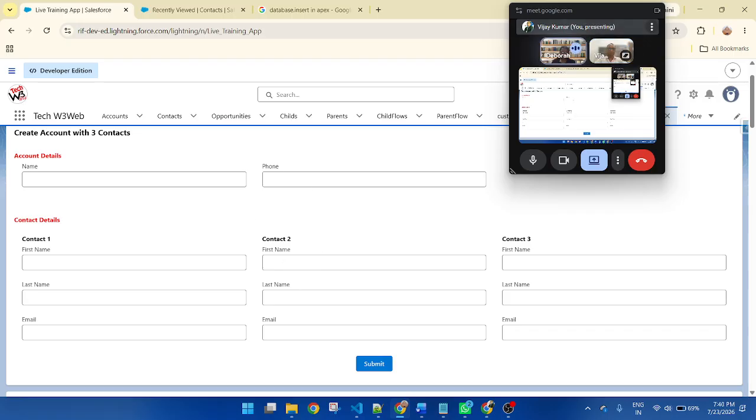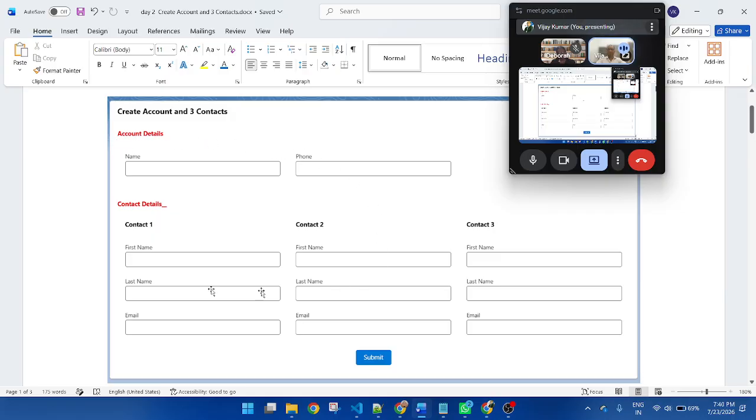Okay. So first task I completed: how to create multiple forms in a single component. In the component, I created two sections, account detail and contact detail. In the account detail, I created two input fields. In the contact detail, I created multiple columns. And each and every column is a different record. Once I click on the button, all of the records, three records of contact and one record of account, will be inserted, and all of the newly created contact records are automatically associated with the account.